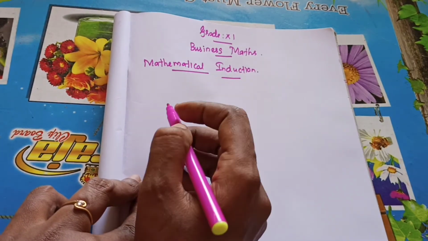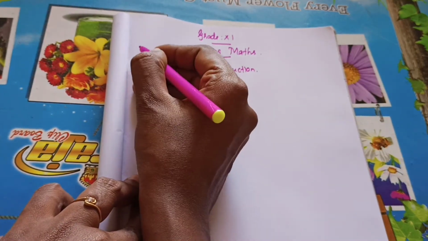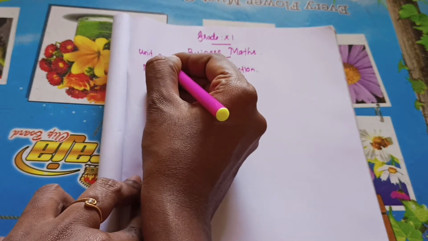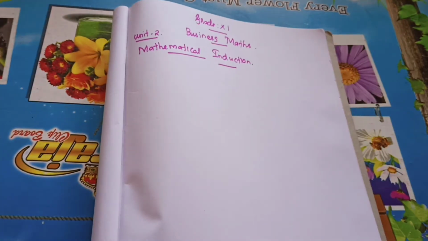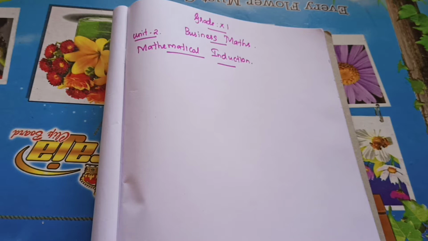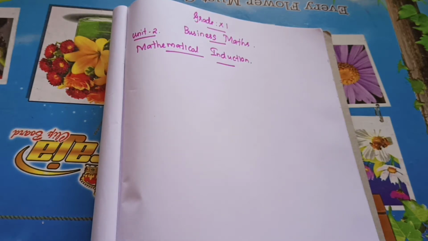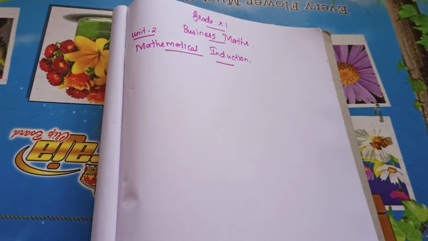I think this topic is new for you. So first all of you take out your book. You need not write everything in your notes, I'm just reading. When I am explaining now you won't understand, but when you are doing the problems you will get a good idea. So all of you take out your books. In Mathematical Induction, there is a box in blue or violet color. So go through that.